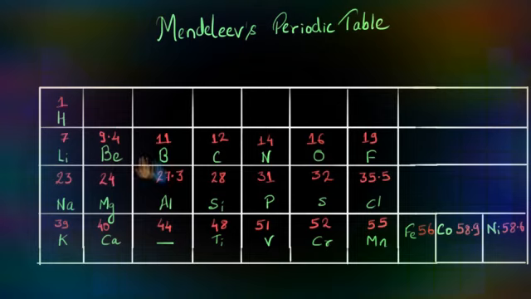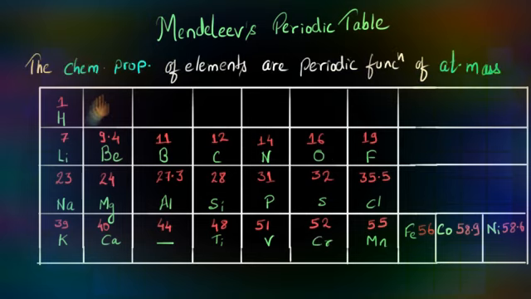And they saw that after a period, the properties of the elements were repeating. Then again after chlorine, the properties of the elements started to repeat. Potassium had the same properties as sodium and lithium. Calcium had the same properties as magnesium and beryllium, and so on. In fact, they were so surprised and overwhelmed that Mendeleev even gave a law based on this. Mendeleev said that the chemical properties of elements are a periodic function of atomic mass.